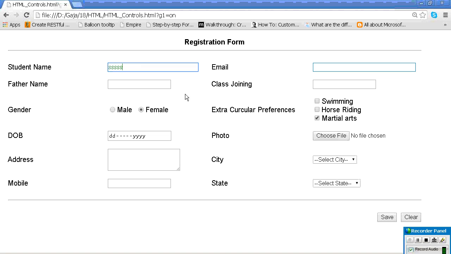You change it here, but coming to here, it is still red. You have to manually go and change it. Imagine there are 30 to 40 controls; then everywhere you should go and change red. So what were the disadvantages of inline styling? First, redundancy is more. Second, maintenance is very difficult.